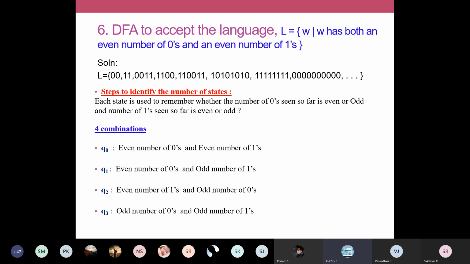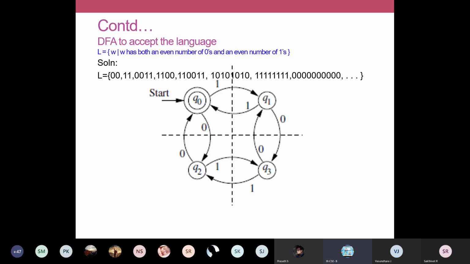For this type of problem where you have even and odd, there are 2 possibilities. Like in the first class I told you about the on/off switch combination: a switch can be in only 2 states, on or off. Likewise, a number can be even or odd. So in these cases, you will have a to and fro loop. You jump to one state, come back to the other state, like that. So your diagram is going to be like this, for DFA.